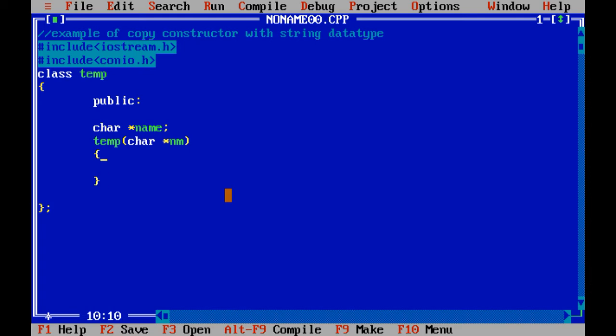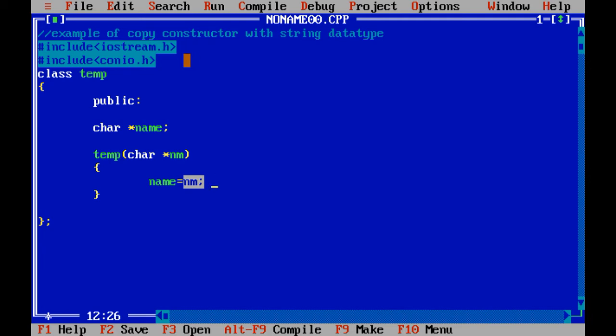Now see, this is the parameterized constructor I have used, right? What is the syntax? The left hand side of the equals to operator are variables that are part of the class, and the right hand side are the variables coming from the argument. So over here I have written name equals to nm.